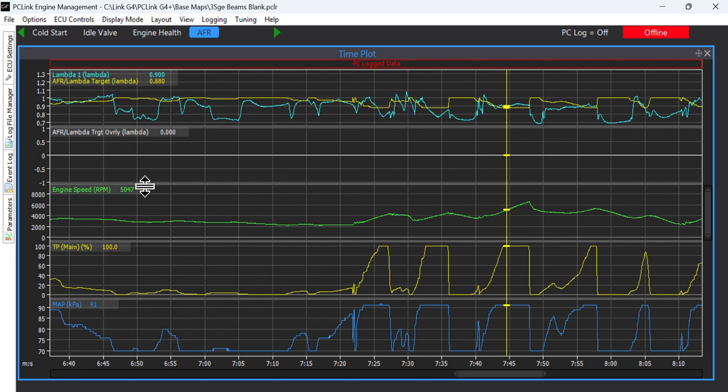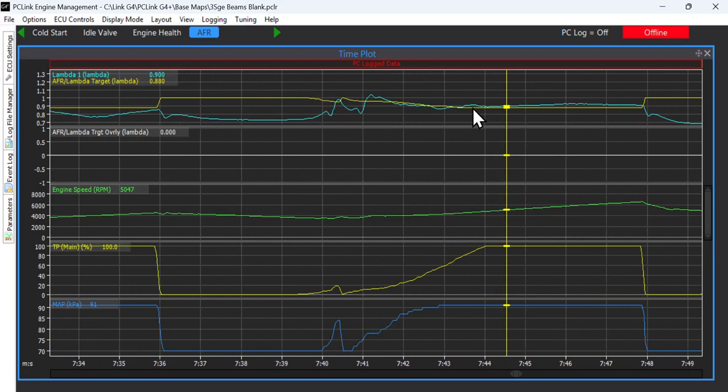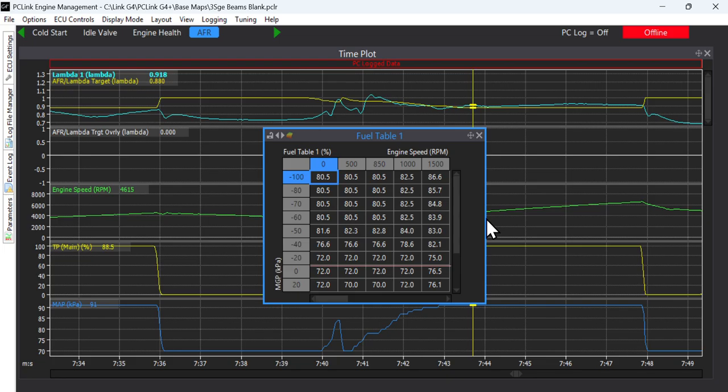I'm at 5,000 RPM. I can zoom in. I can click right here and go, actually, I was at 0.9, but I targeted 0.88, and see how they're overlapping each other. It makes it super cool if you are trying to change this. You can also do this. You can just push the F key, bring up the fuel table,